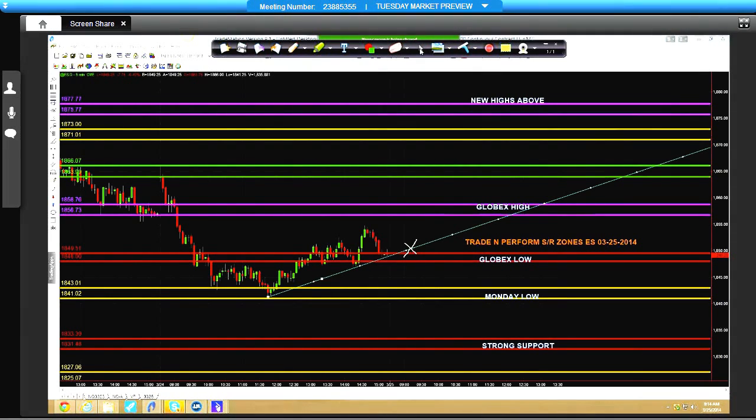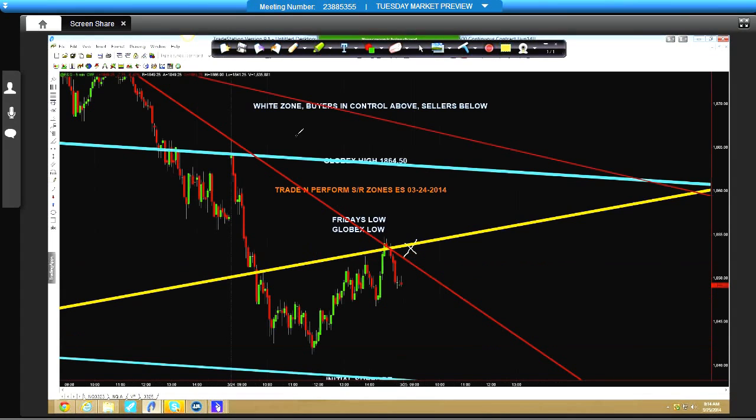and that you want to be cautious if you're one of those traders that's just buying the open, looking for that open drive. You want to be cautious with this and make sure that you're actually getting a true open drive. One of the signatures of a true open drive will be that we will clear